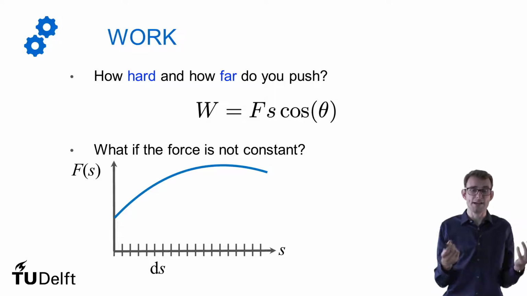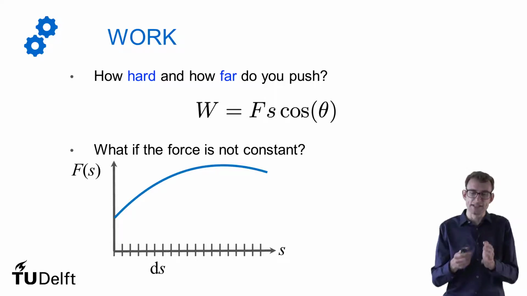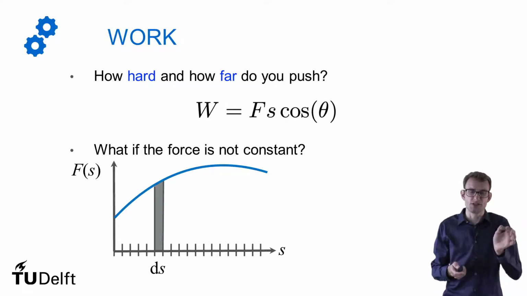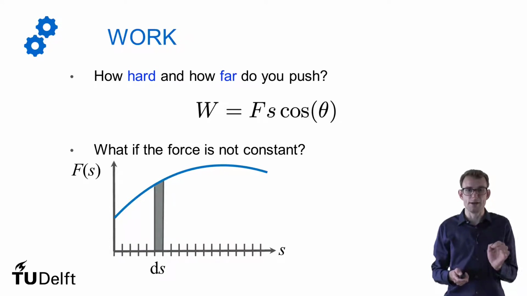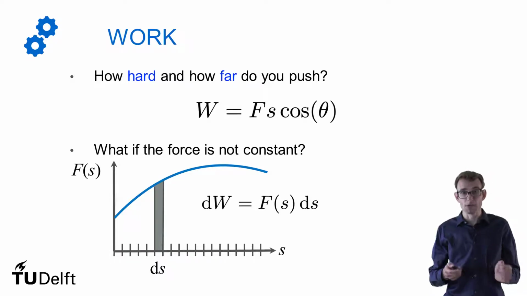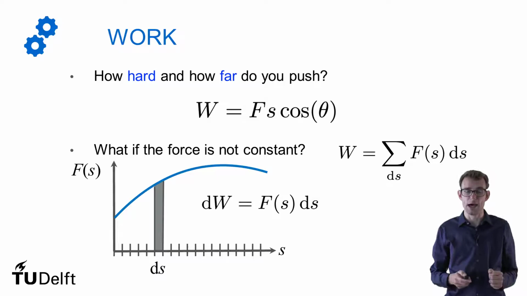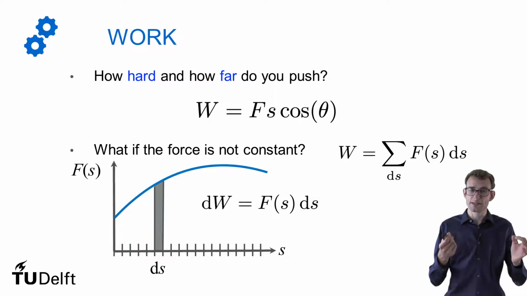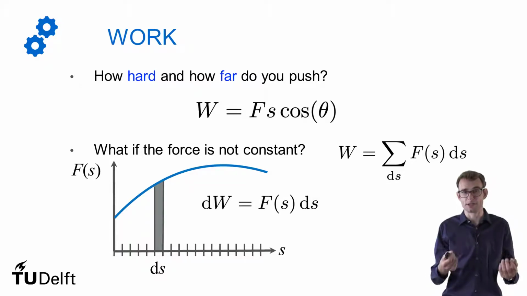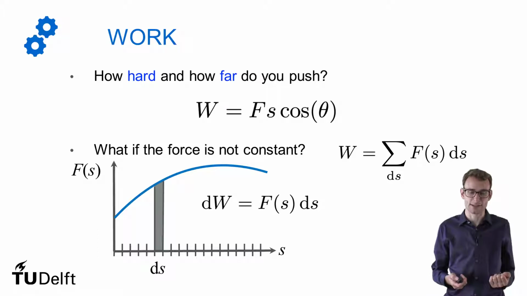We can divide our interval in small pieces and say, well, for each piece, the change in the force is really small. So what we can do is calculate the amount of work in each little piece, and then approximate the total work by adding these all up. And now if we make the pieces smaller and smaller, this approximation is going to get better and better until the point that we have infinitely many, infinitely small pieces, and we actually have the exact solution.